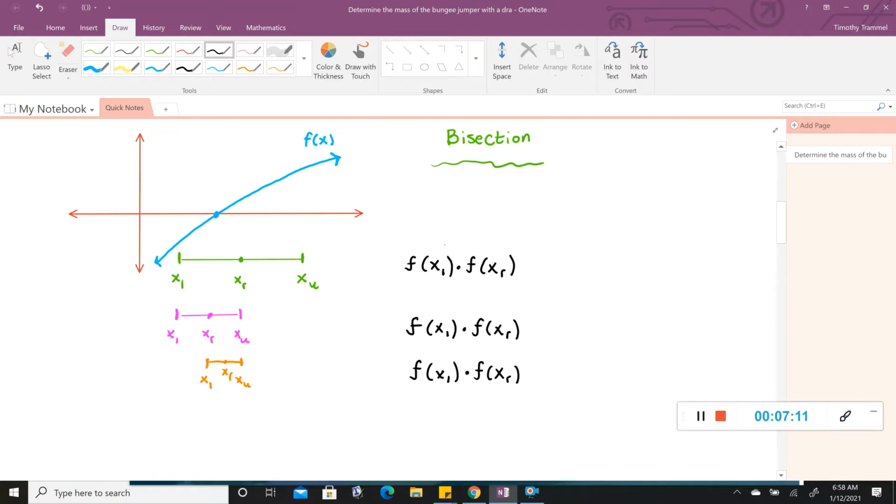Okay. So if we were to look at f of x lower, you'd see that that is some negative value here. And then if we were to check f of x sub r, you can see if you were to just go up on the graph here, that puts us somewhere in this region. So that's positive. So a negative times a positive gives you a negative, which indicates that over this interval here,